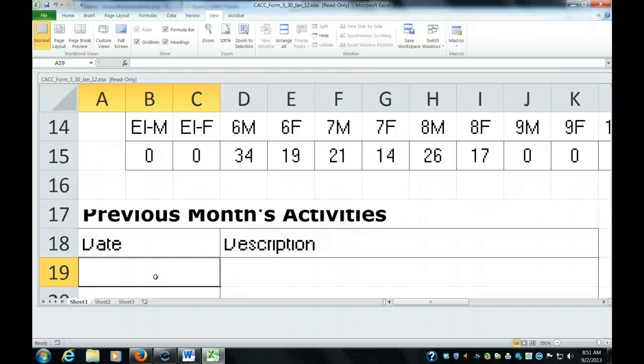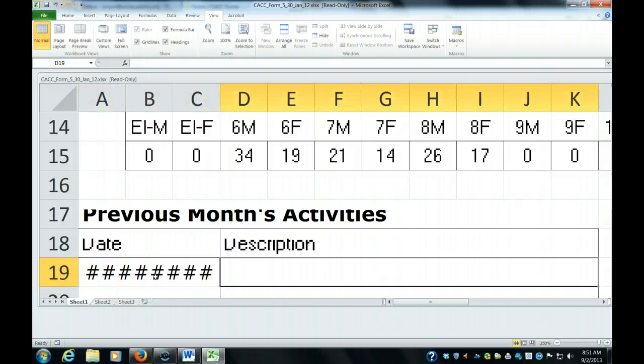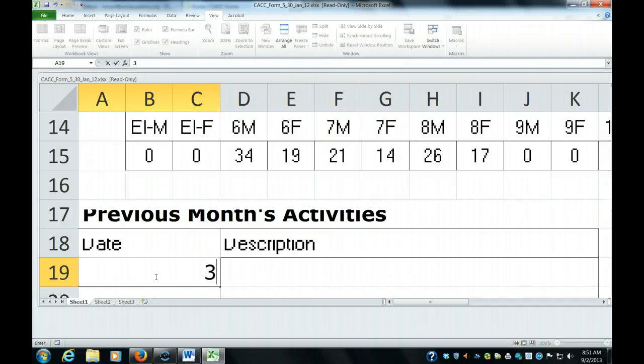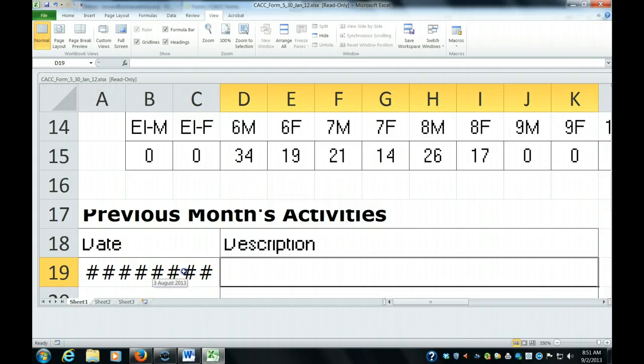Okay, the next section of the activity report is where you are indicating the activities that the cadets did in the previous month. So this is September, so I'm going to be listing the things that happened during August. So let's say on the 3rd of August, and I need to write a correct date here, so 3 August of 13,